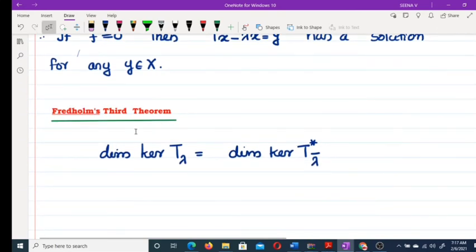And Fredholm's third theorem is: the dimension of kernel T_λ is equal to the dimension of kernel (T* − λ̄). But we have kernel